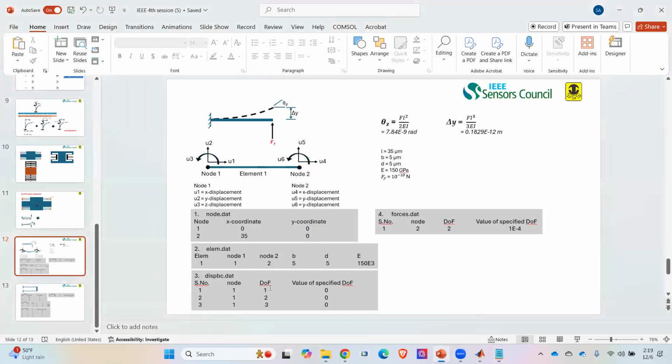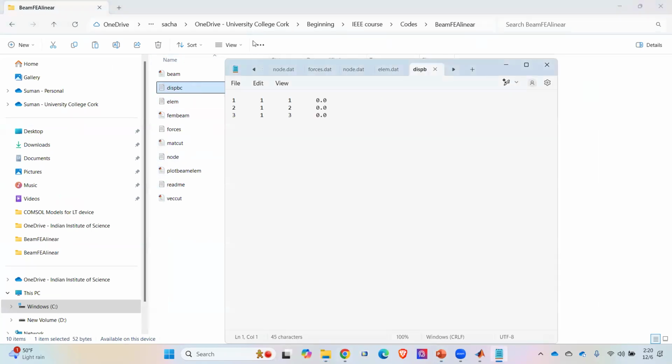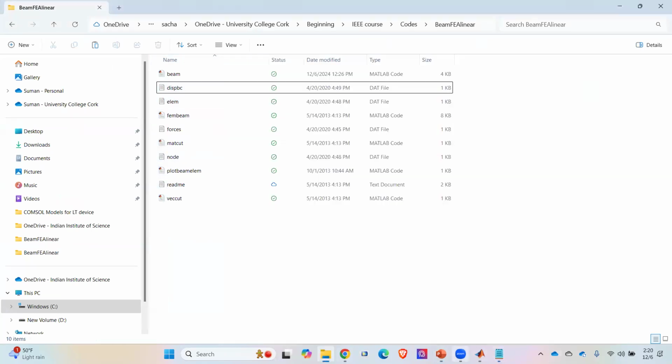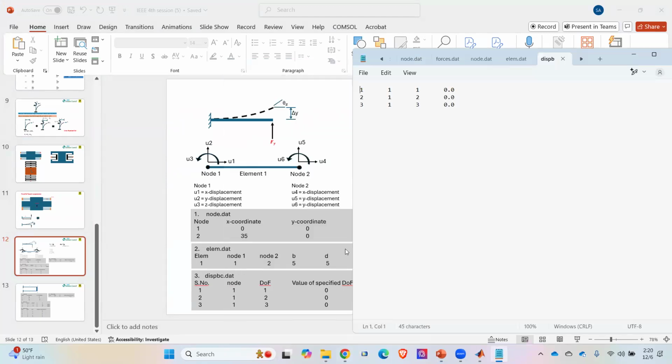After that, I have to fix the constraint. Okay, I have to fix node 1. For the displacement boundary condition dot that, I'll fix U1, U2 and U3, I mean node 1 in all directions. U1 is x displacement, U2 is y displacement, U3 is z displacement. I'll fix everything. So if you open the displacement boundary condition dot that,